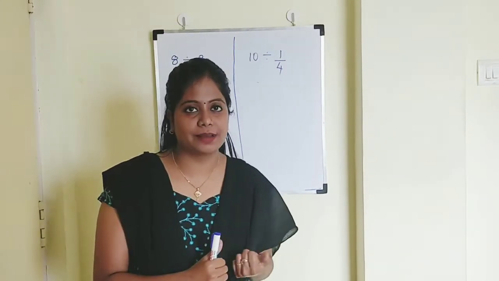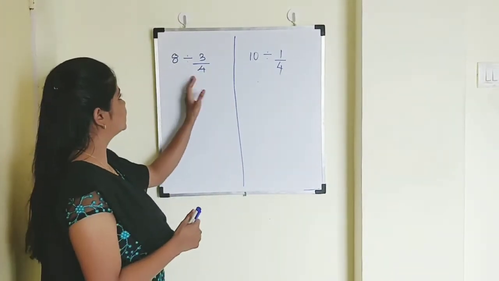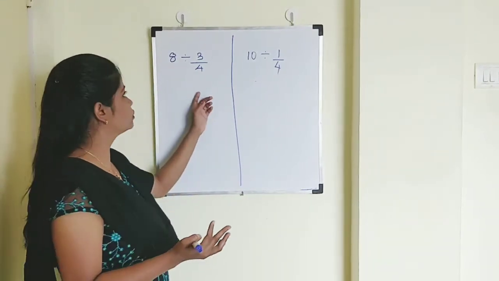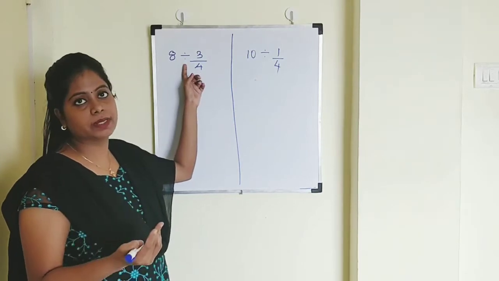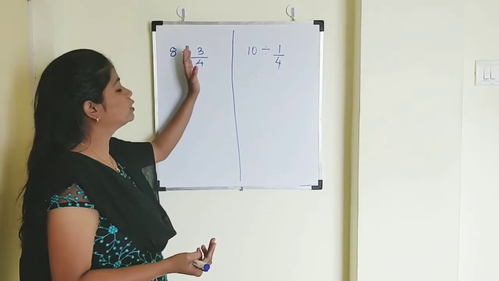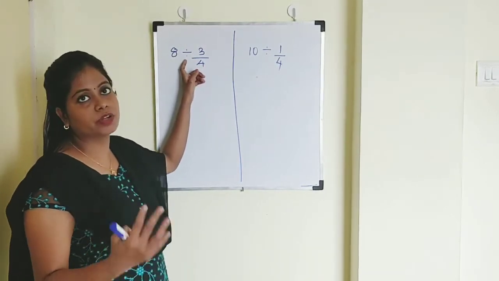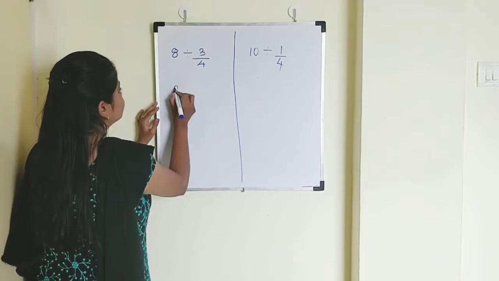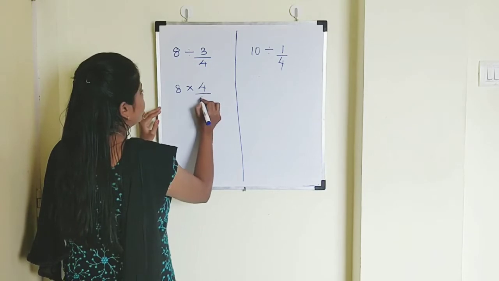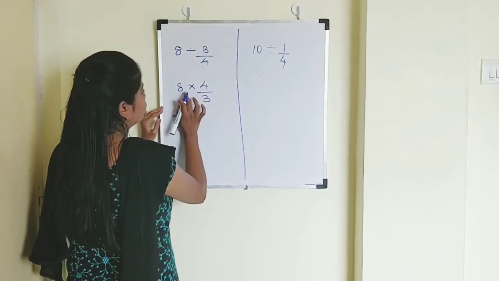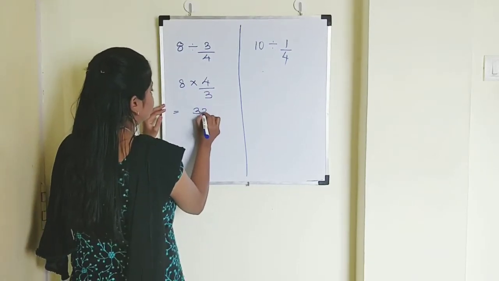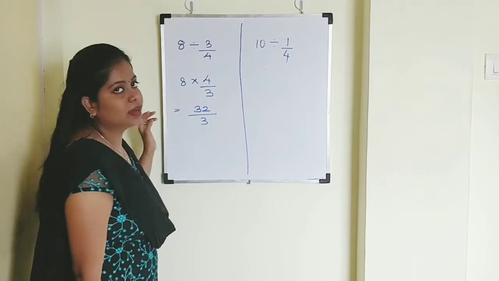Let's do a few more examples of division. So as you can see, a whole number is divided by a fraction. The same rule applies over here also. You have to convert this division into multiplication. So when you are putting the multiplication sign, you need to put the reciprocal. So the fraction that follows after the division symbol, you are going to find the reciprocal of that. So 8 remains the same, multiplied by the reciprocal of this number, 3 by 4, which becomes 4 by 3. So I cannot do anything over here. I cannot cross. So I am just going to write 8 into 4 is 32. 32 by 3 is your answer.